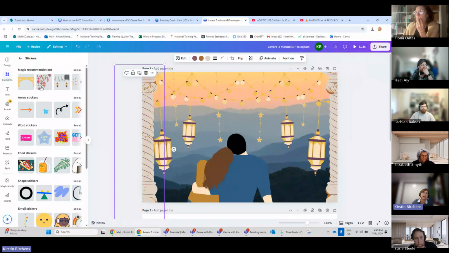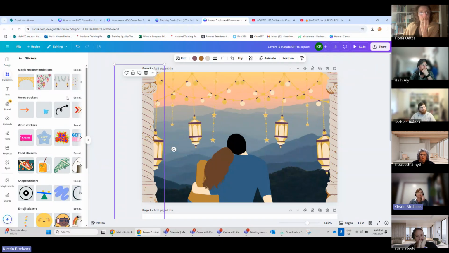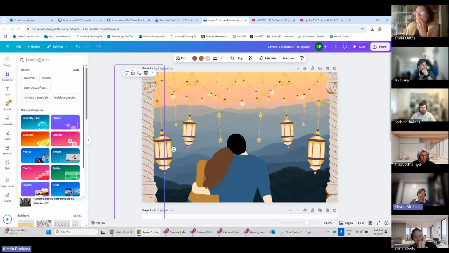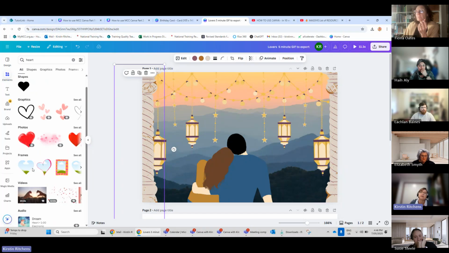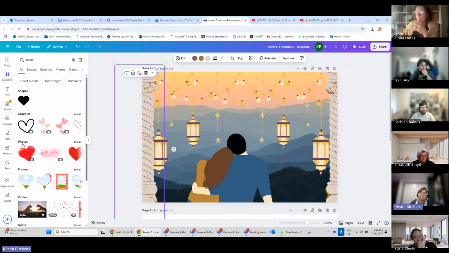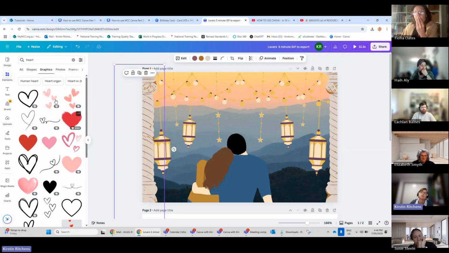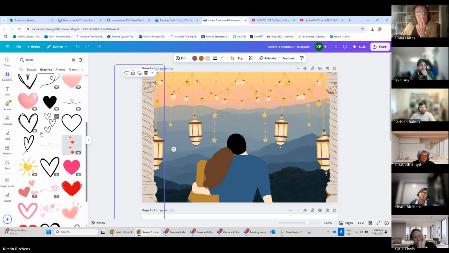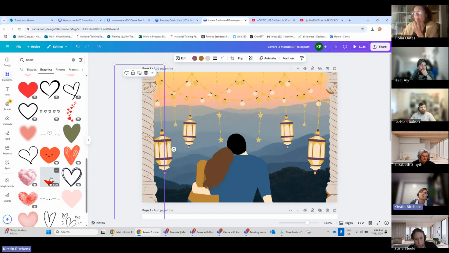Now, I haven't put a search thing in there. I don't actually know how to search the stickers specifically, but what you can do, if you put here heart, then you can come down here and sometimes you see stickers. But the best way to find a moving heart is under graphics. So if you find the graphics and scroll down, you can see there's a moving heart and there's another moving heart. So you would just click on that